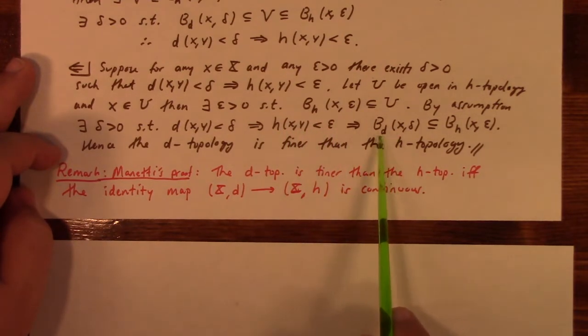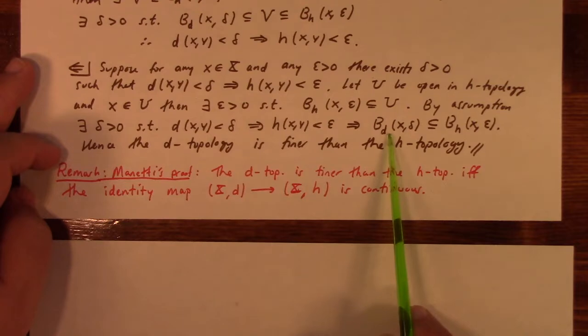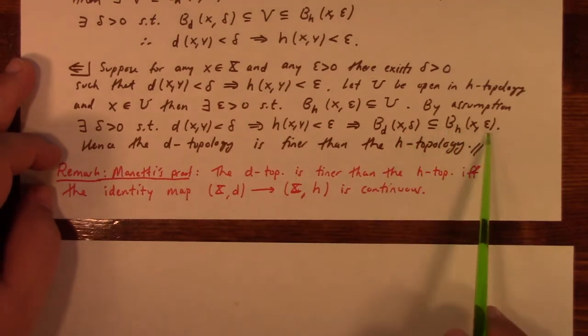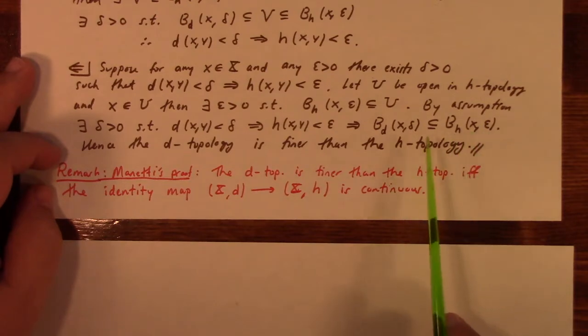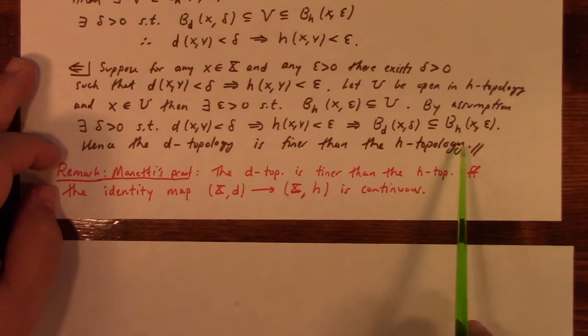I've adorned these with sub d's and sub h's to keep track of what I'm saying. So anyway, the ball in the D metric is a subset of the ball in the H metric of radius delta and epsilon respectively, which is to say that the D topology is finer than the H topology, because we just showed that